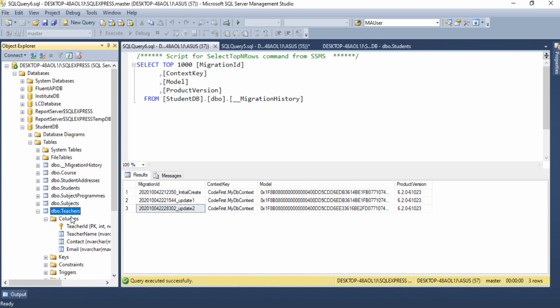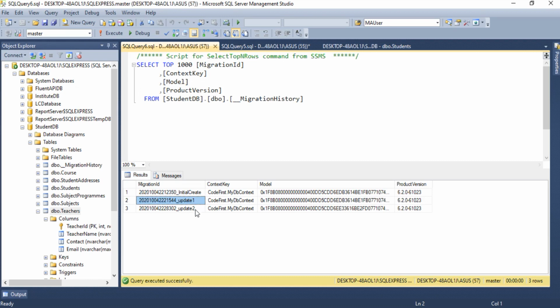Now just assume that you don't want this teachers table to be created. In that case we can just roll back our migration. You can roll back your migration up to this step. This update to migration will be cancelled, or whatever changes were made by the update to migration will be rolled back in your database.